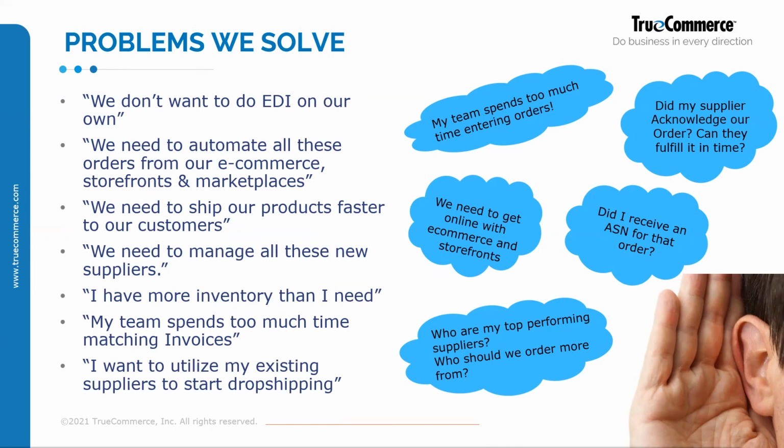You need to fulfill your products faster. Maybe you're having trouble managing all these suppliers that you're starting to add on. Maybe you have more inventory than what you need. We can help with inventory. Maybe your team spends too much time matching up invoices. So that's where the procure to pay automation comes into play, as well as maybe looking into starting to drop ship with suppliers. That's also something that our platform can help out with. And there's a bunch of other things out there that we can help out with that aren't on this slide